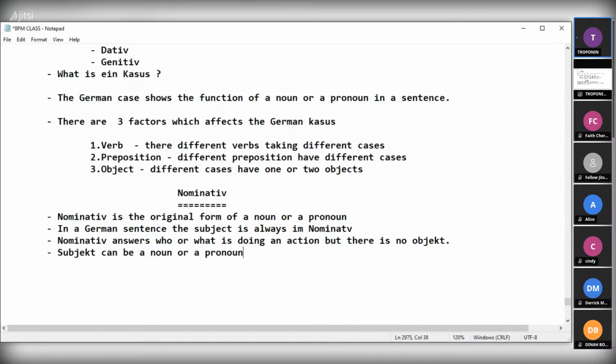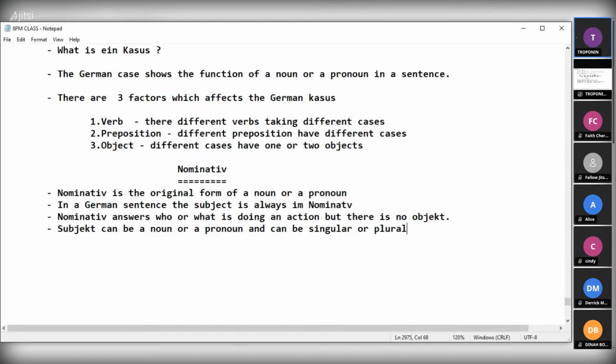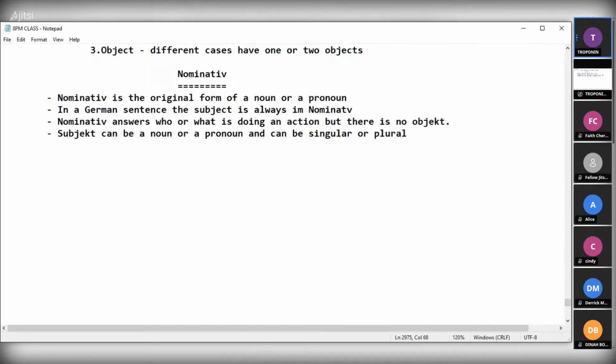So noun, and can be singular or plural. So let's see our table. So it can be a noun or pronoun. So if it is a noun,